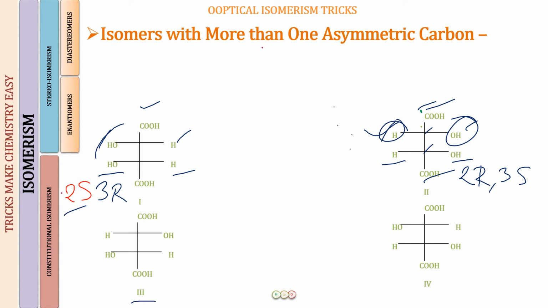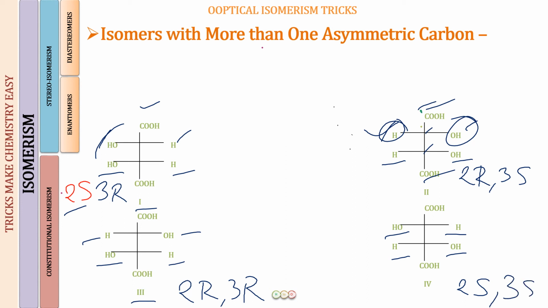Similarly, if you look at comparing 1 and 3 now, an H and an OH opposite, so this means this is a 2R. OH and an H, this is similar to the top one, so this is going to be a 3R. If you just look and compare 2 and 4 now, an OH and an H, so this is opposite, so this will be a 2S. An H and an OH, this is similar to the top one, so this is 3S. So this way you can quickly write the configurations of all the four structures if you have written the structure for one of them. So that is not going to take a lot of time.